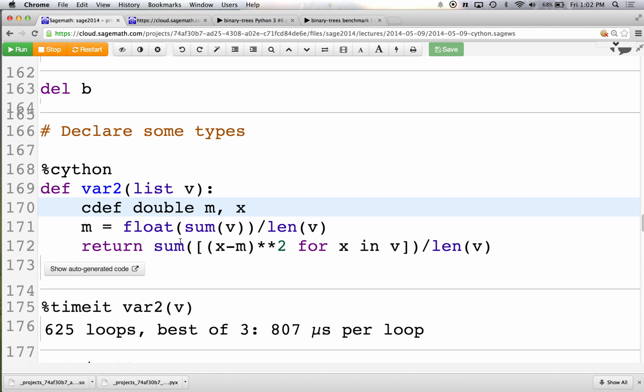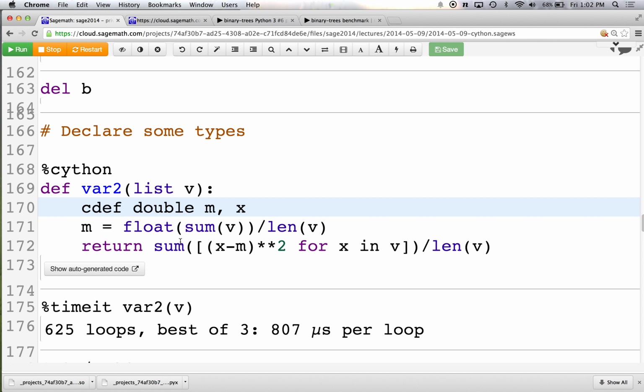Because right, V is just some generic list. It could be that as the sum function is going through and adding up the elements of V, you have like a number, a number, a number, and a picture of your mom, and then another number. And you have all kinds of funny stuff as you're going along, right? Python just does one, then does the next one, does the next one. It doesn't know that it's a uniform list. In fact, it's only uniform because we made it that way at the top.